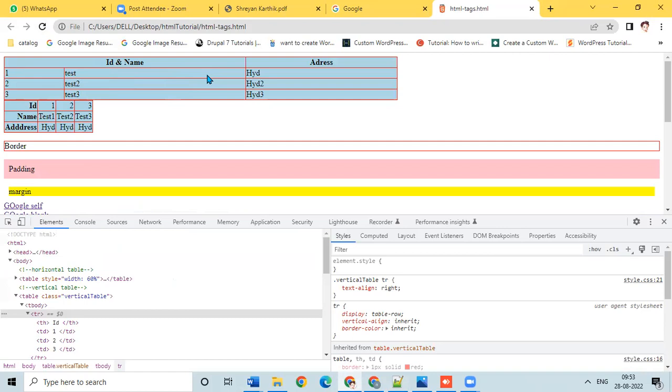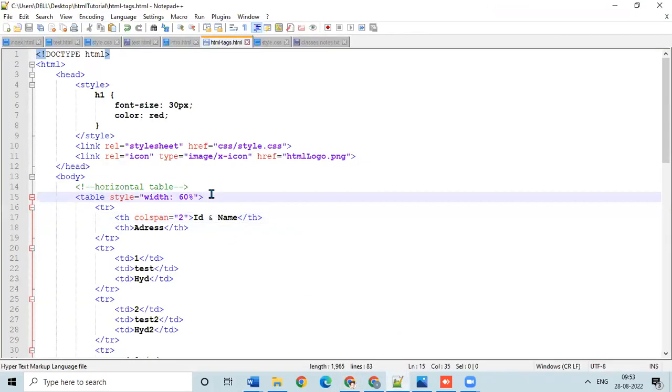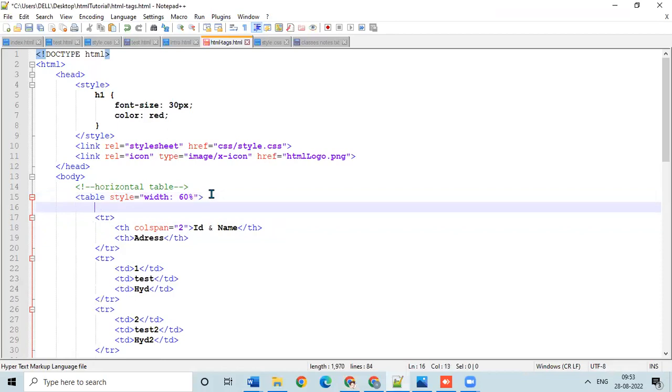Now we'll learn about the table caption. Table caption is nothing but a heading for the table. Suppose I want to show information that it is employee data. So that time you can go with the table caption. Caption is a new HTML5 element which tells the browser it's a caption. Screen readers will also read it. So that's the purpose we are using it. Caption open tag, caption close tag,